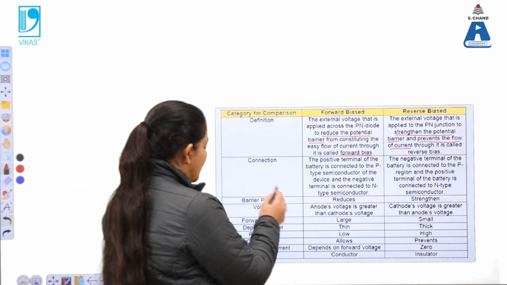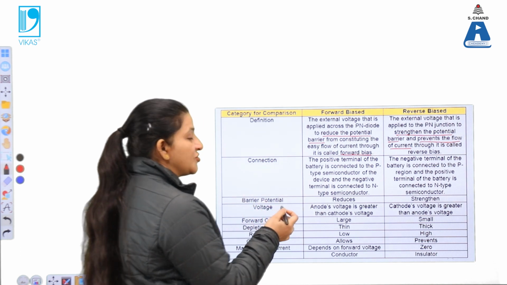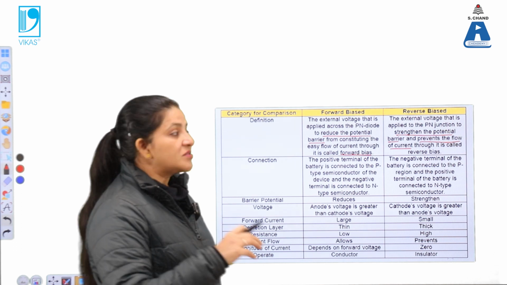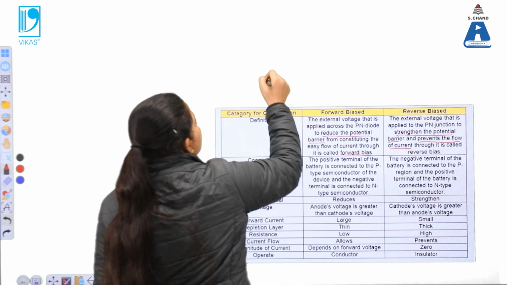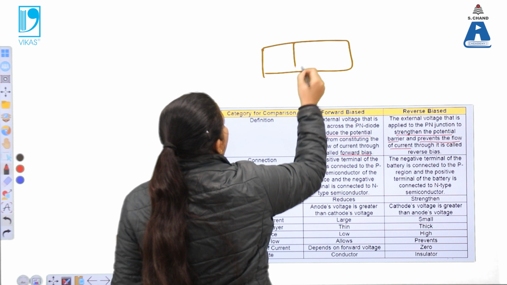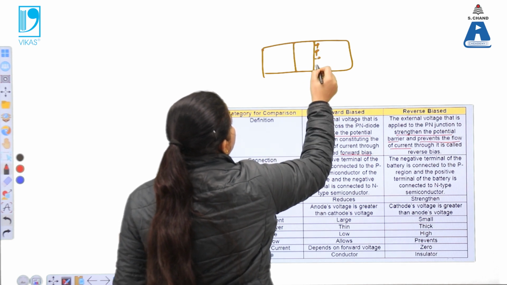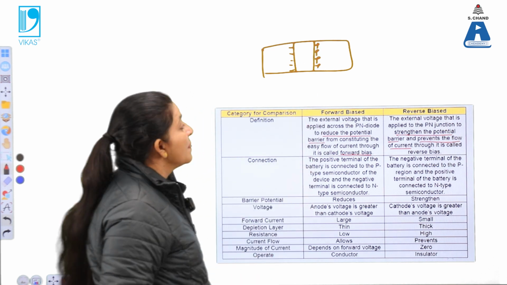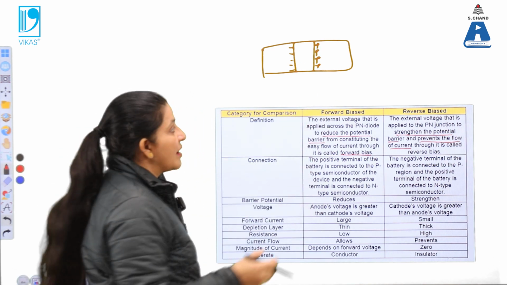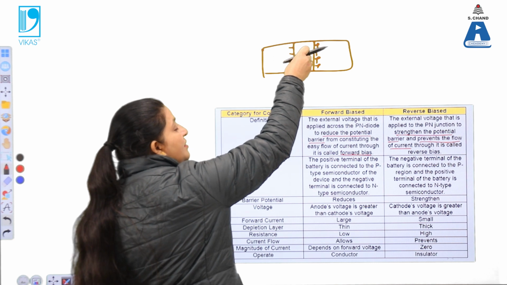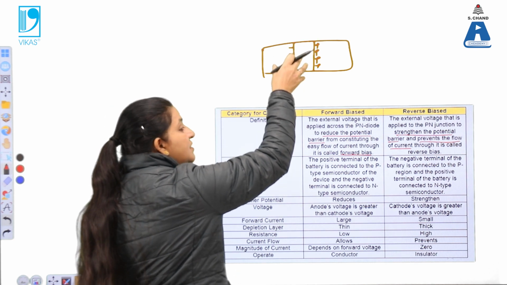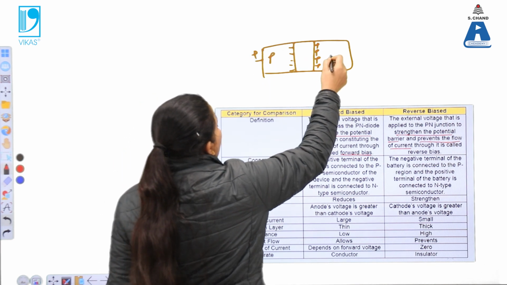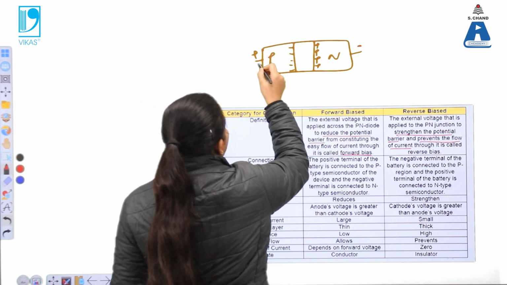Now barrier potential means, you can say, the electric field which is developed. Because in this case, when there is a forward direction, the depletion region is here, here is a positive charge, this is a negative charge. So this is known as the potential barrier. In the forward case, the depletion region thickness is reduced, so automatically this is reduced, because this P is connected to the positive and the N is connected to the negative of the terminal.